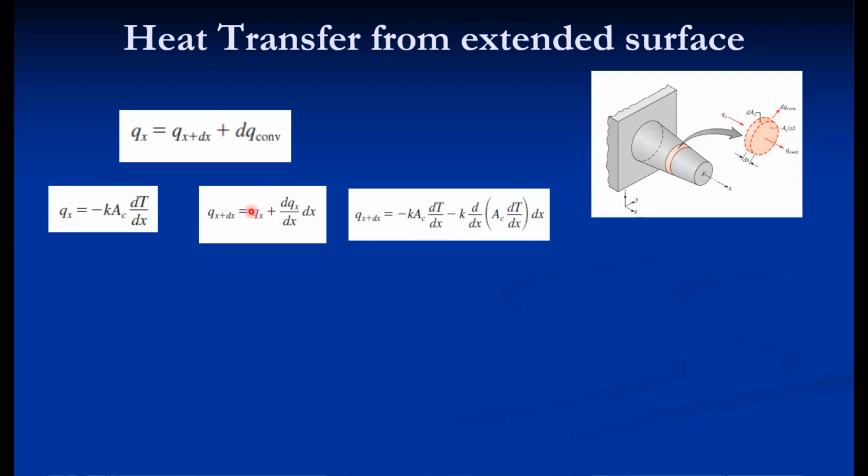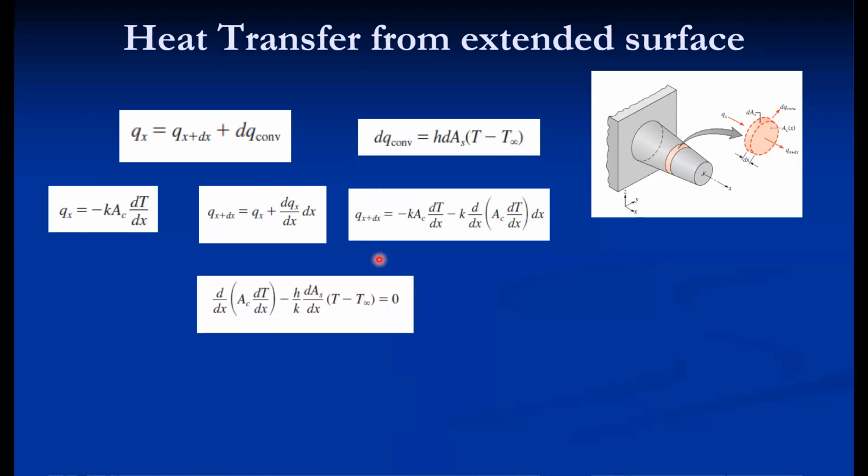If we substitute the Qx value here and simplify, then for convection heat transfer the area is different. This is the surface area available for convection, so that is h A delta T, where T is the surface temperature at any particular point and T infinity is the surrounding temperature, so that is T minus T infinity. This is dq convection. By putting all these values, Qx, Qx plus dx and dq, together,